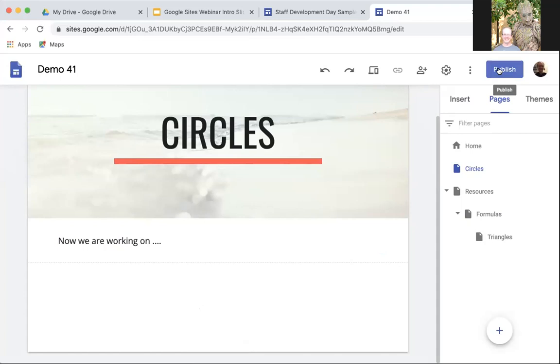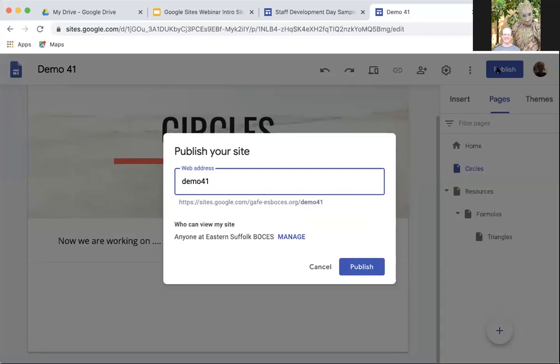So if I go ahead and click on the publish button, there's one thing I want to point out right here. I know there's a lot of people from Sachem and maybe from other districts, and this is my BOCES account that I'm using. And you see how it says anyone can view my site? Anyone at Eastern Suffolk BOCES can manage my site? Well, first off, I don't really want them to manage my site. And second, I want people in the world to be able to see it. I don't want just people that have a BOCES account to be able to see it, because if anyone comes to the link of my webpage, it's going to say sign in with your BOCES account, but it'll just say account. So I click this manage,